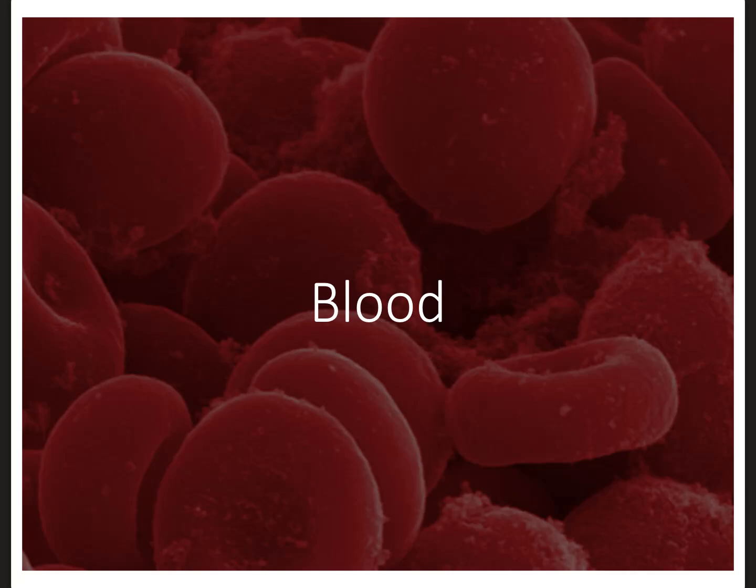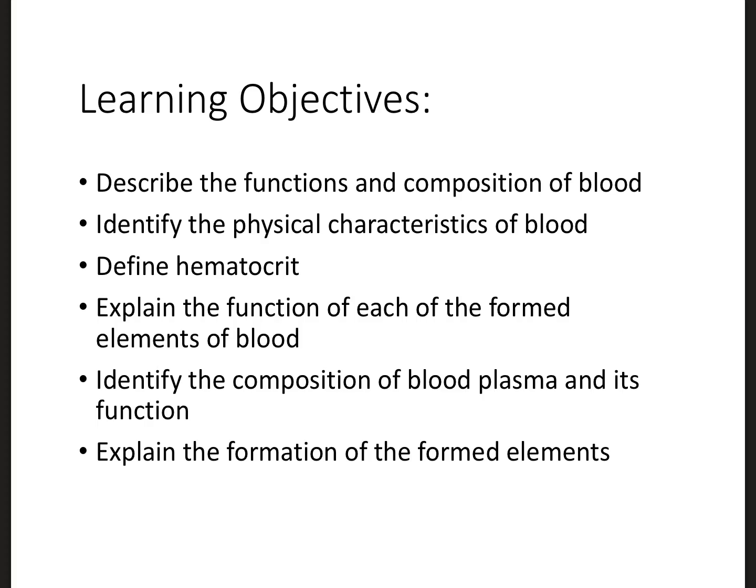So today we're talking about blood. Our learning objectives for today: we're going to go through the functions and composition of blood itself, the physical characteristics of it. We'll define what a hematocrit is. That should be kind of review for most of you who are already in lab. We'll go through each of the formed elements, talk about what they do, what their relative abundance is, et cetera, et cetera. And then we'll go through blood plasma, what it is, its function, and then we'll explain how the